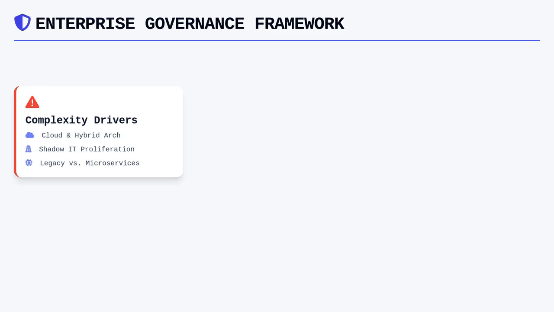When an organization neglects the governance of its infrastructure, it often finds itself trapped in a cycle of reactive firefighting, where resources are wasted on patching cracks rather than building forward-looking value.